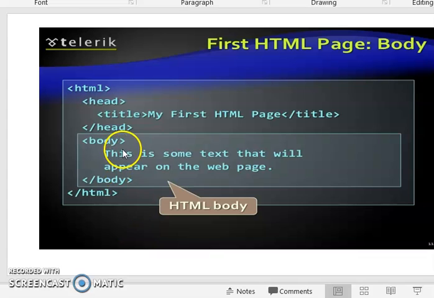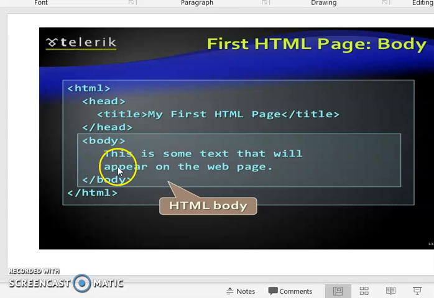Now the body tag. This body tag is essential for an HTML page. Without a body tag, we can't display any meaningful information. If the head tag and title tag are optional, there is no need to put them here. But the body tag is the main part of the HTML page.